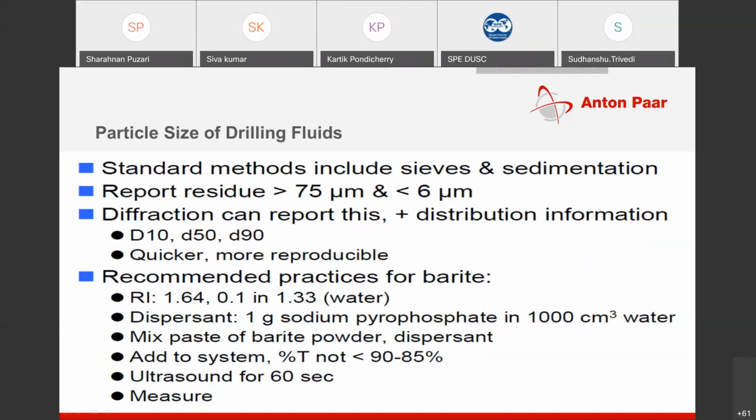So this is the drawback. You can only measure the second largest dimension with a sieve, and nanoparticles cannot be resolved with this technique. That is again the drawback. When you are saying 6 micron below residual, is the residual actual or not? That is a question, because below 10 micron or 5 microns, a sieve is not a good